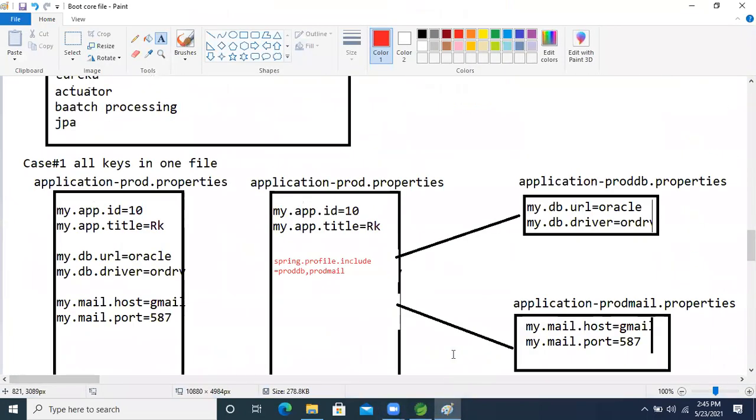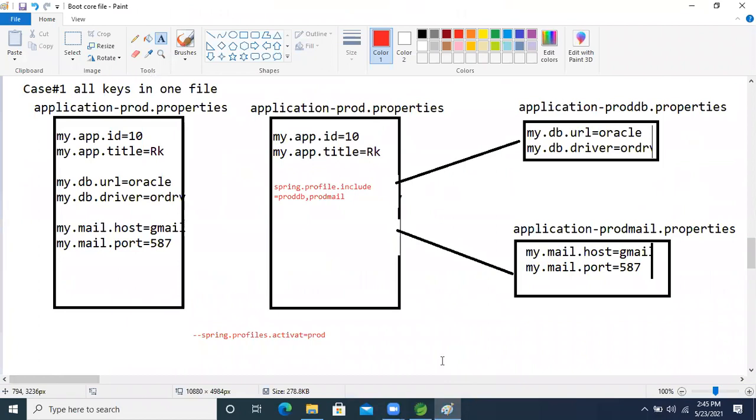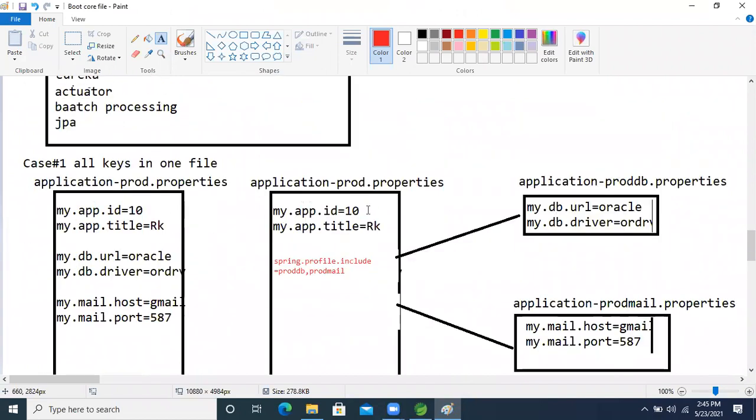So to achieve modularity in properties, we are using property inclusion, child inclusion, guys.